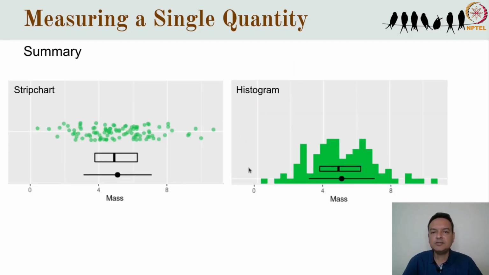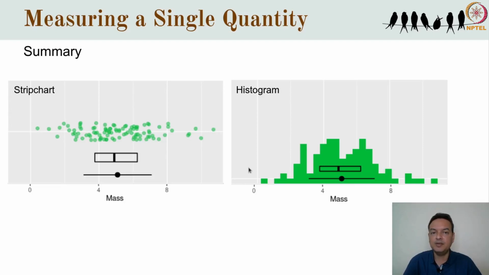So that brings us to the end of our description of what is involved in measuring a single quantity. We are typically interested in some measure of central tendency, most often the mean, but given the mean's lack of robustness, perhaps we should use the median more often. Also, if you want to understand the variation in our sample, then we can visualize it using a strip chart